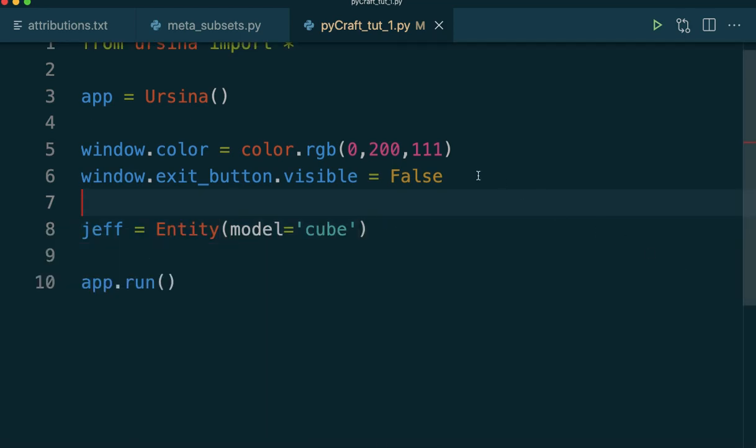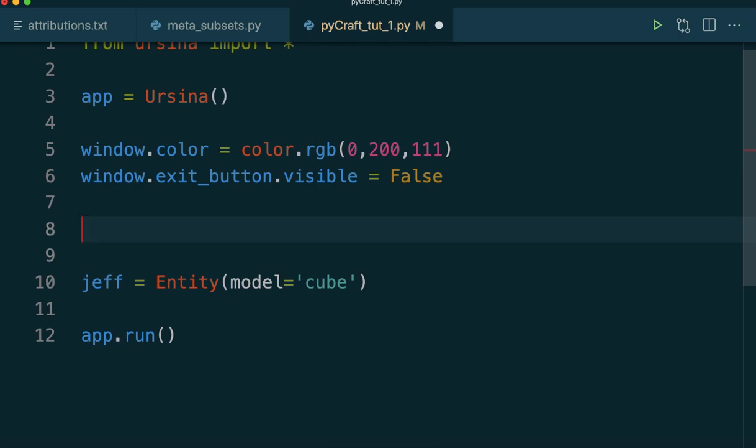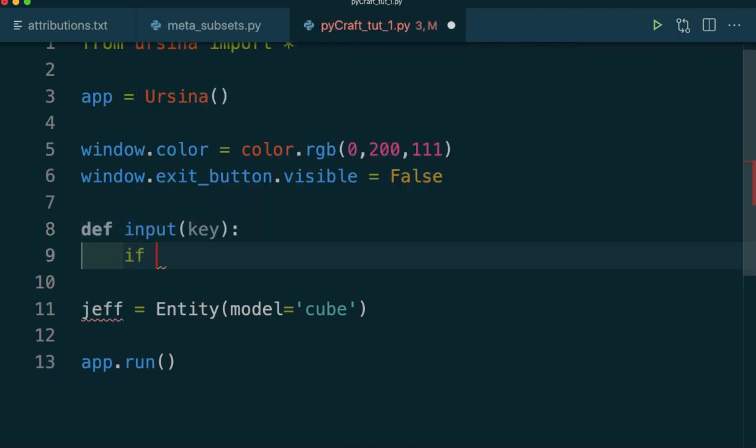I just noticed the exit button was still working. I couldn't see it. I need to be able to escape, actually. So let's just write a little function called input, and it's going to take a key, and we're just going to say if key is Q or escape,